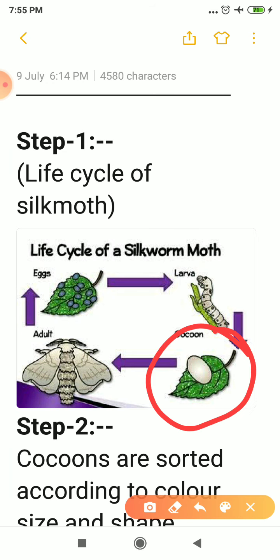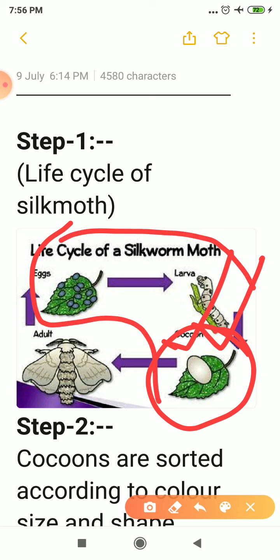Silkworms are reared, and when the silkworms reach this stage, silk fiber is derived from the cocoon. Therefore, in the first step, these three steps are done. After this, when the cocoon is ready,